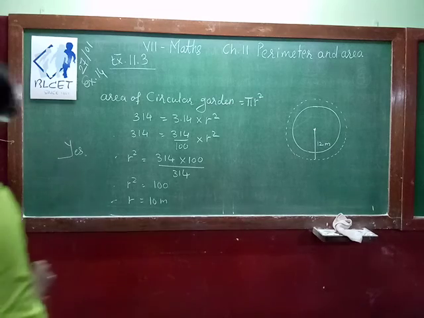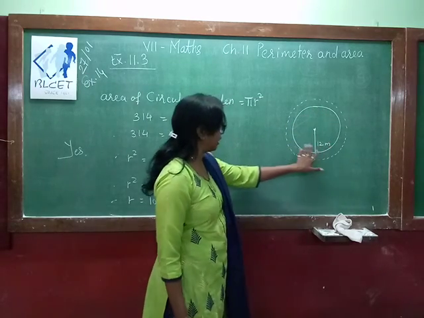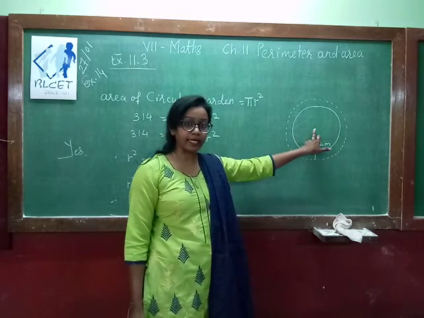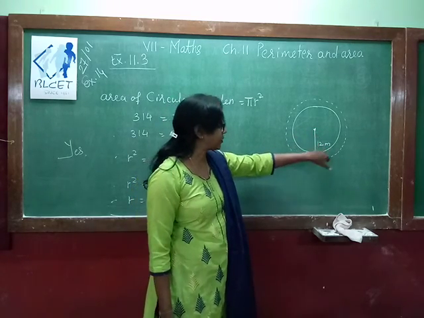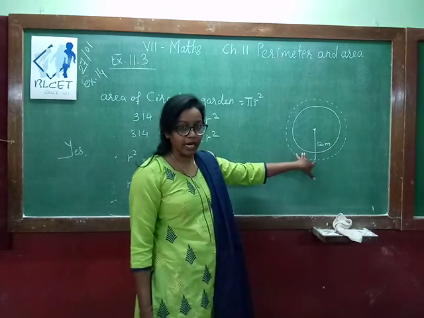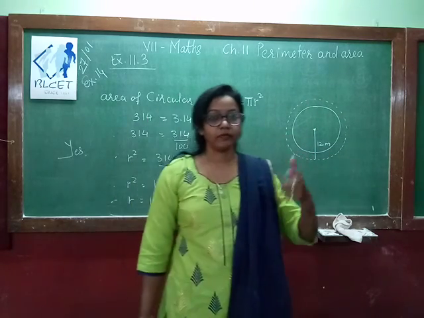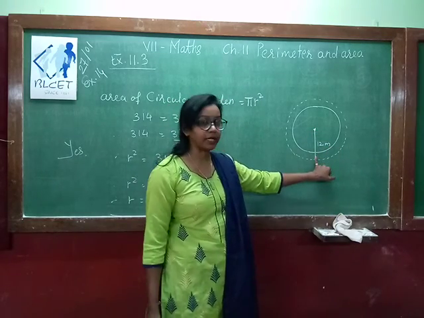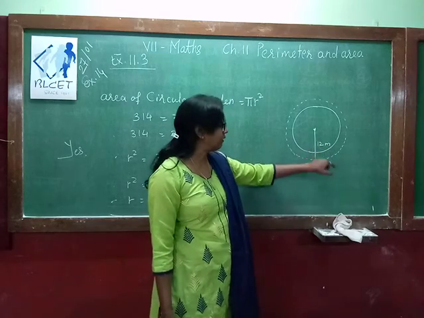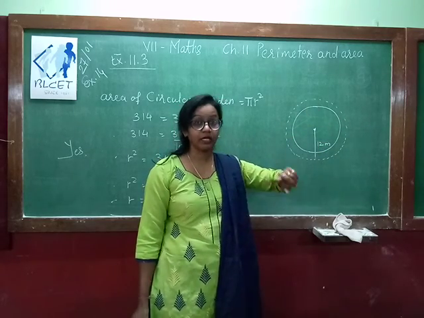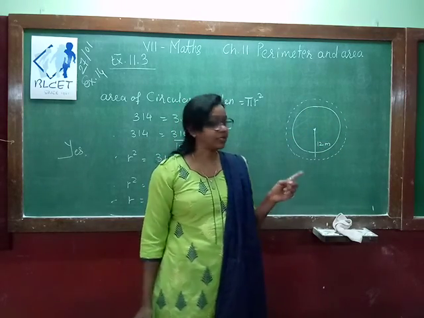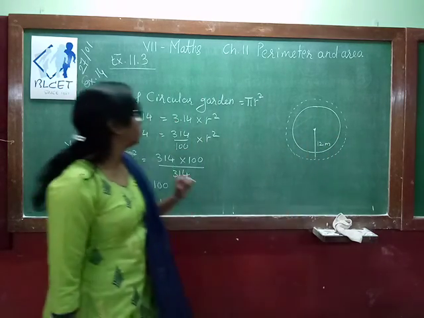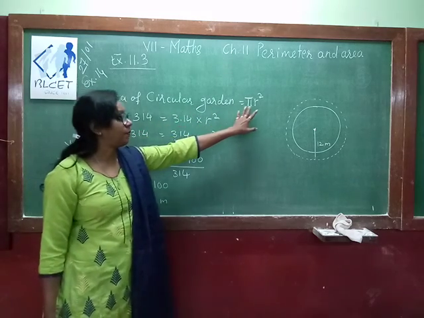So according to the question, we draw the diagram first. This is the garden of area 314 meter square, and this is the center, and at the center the sprinkler is there. So we sprinkle the garden. Now the question is, will it sprinkle the whole garden and cover it? So what we have to do? The radius of the sprinkler is given, which can cover this much area. To answer our question, we have to find the radius of this circular garden whose area is already given. Okay. So area of the circular garden is equal to pi r square.